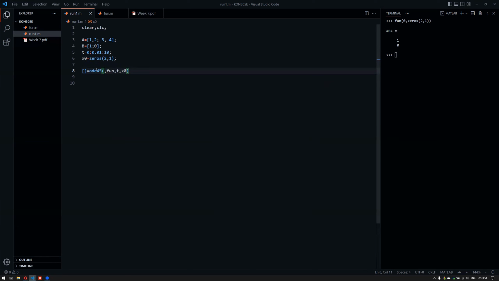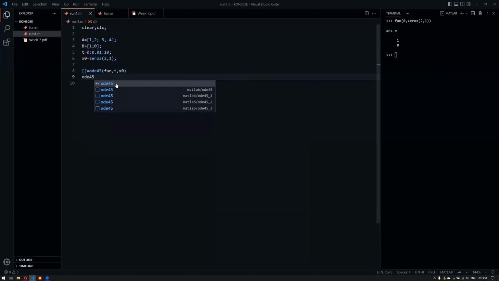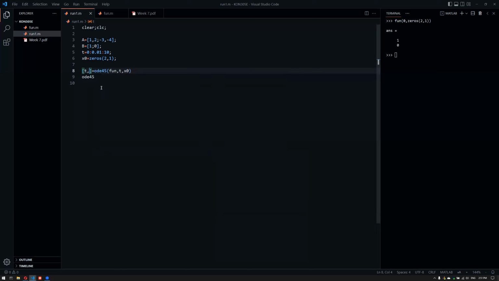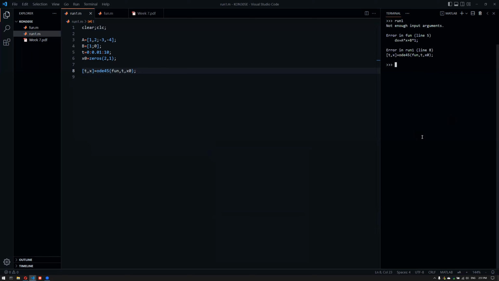Why doesn't it show up? ODE45. And when I wait on it, here, t comma y. Okay, so t comma y. Let's call it x because our variable is x. So when you do this and try to run it, let's see, run 1, you can see we have an